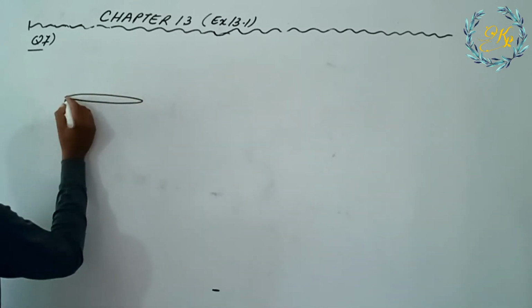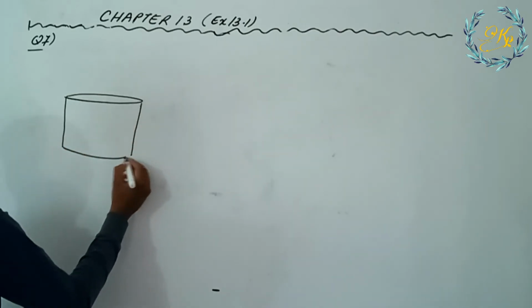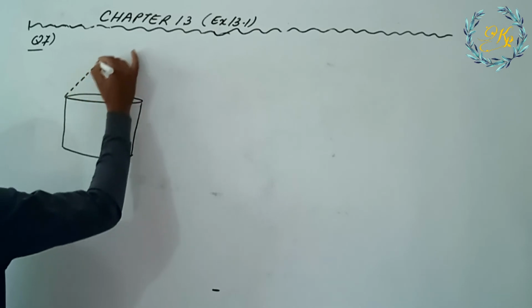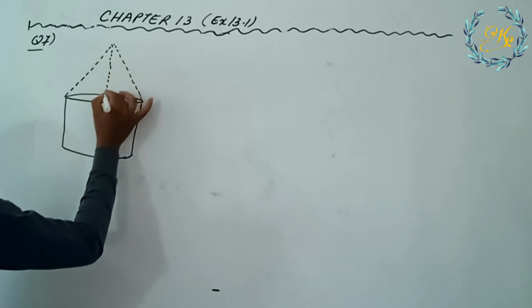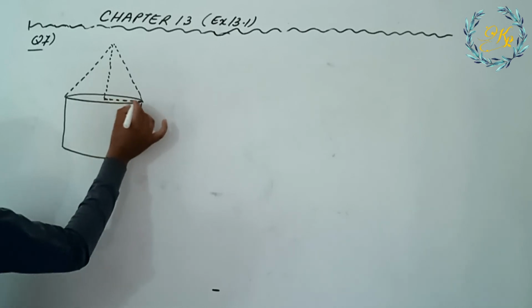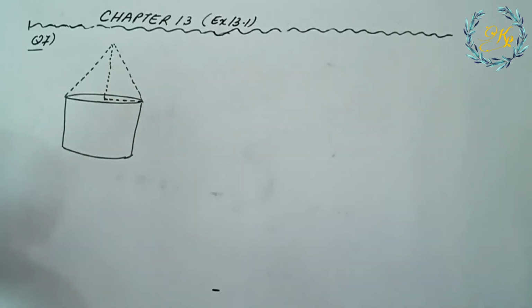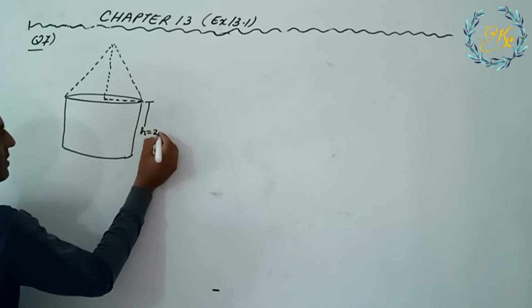In this we are given that a tent is in the shape of a cylinder surmounted by a conical top. We are given a cylinder, it's a tent. Okay, so we will draw the cylindrical portion with a thick line and the conical shape with a dotted line. Now you can see two different shapes, two different figures here. One is a cone and the other is a cylinder. Now what else are we given? If the height and diameter of the cylindrical part are 2.1, the height of the cylinder is given as 2.1